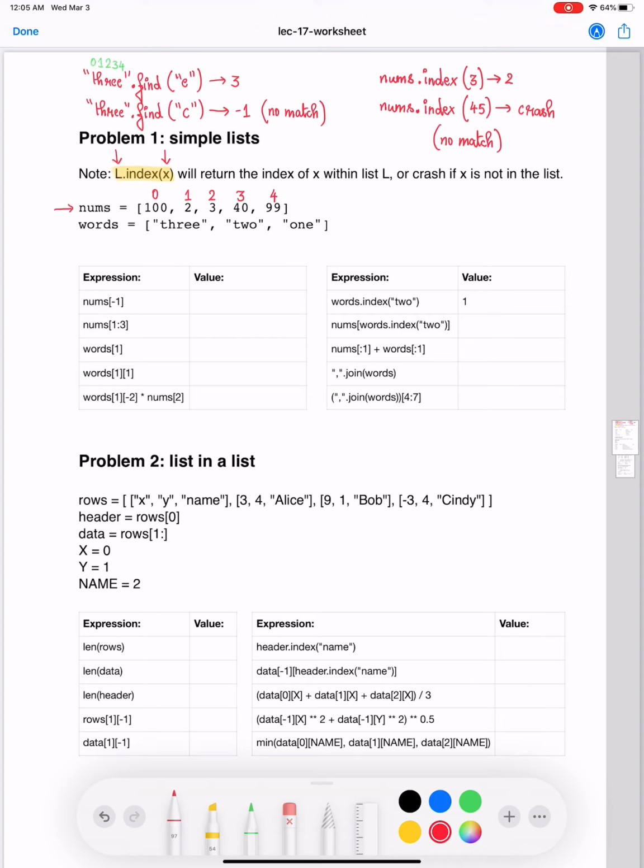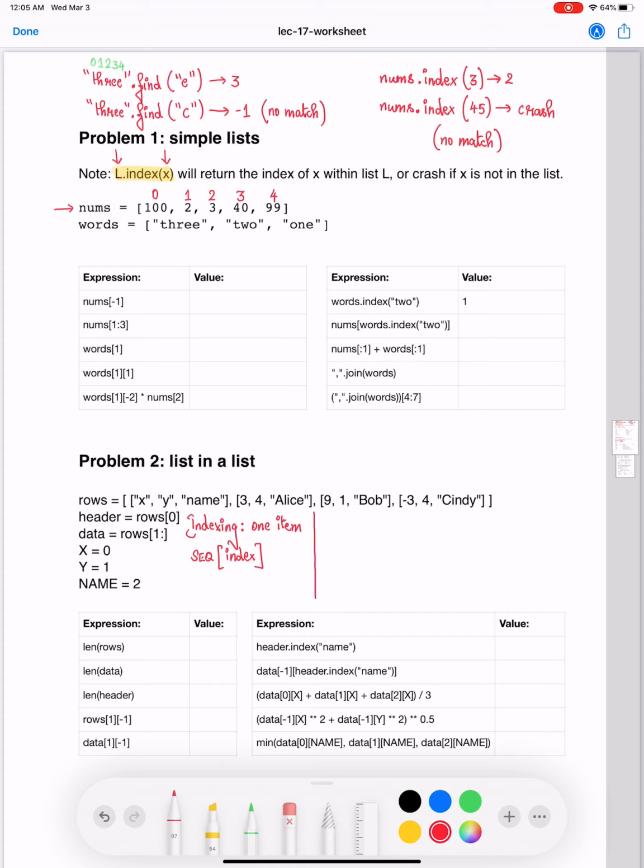Let's do a quick recap of the concept of indexing and slicing. Recall that indexing enables you to extract one item from a sequence of items. What is the syntax for indexing? You're going to mention the sequence variable name, then open square bracket, index position and close square bracket.